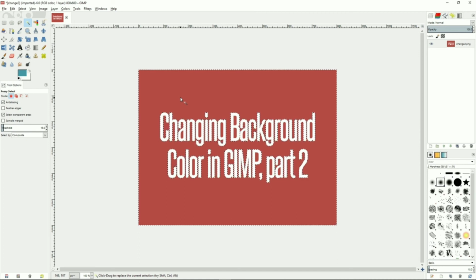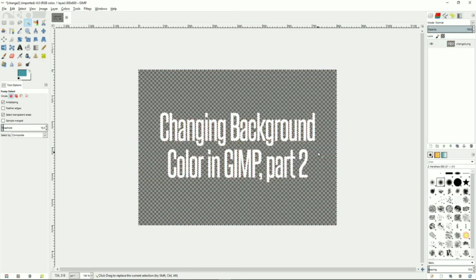And if we were to continue from here, it would actually get rid of the background except for the other colors that we need to get rid of inside of the letters. To add the circles inside the text, you want to hold down the Shift button, which will add a plus symbol next to your fuzzy selector, and you can now add those bits inside the text into your selection. And doing so will allow you to delete all the parts of the image you want to get your alpha channel. So once you're finished there, just hit delete on your keyboard, and you'll see the background is now fully